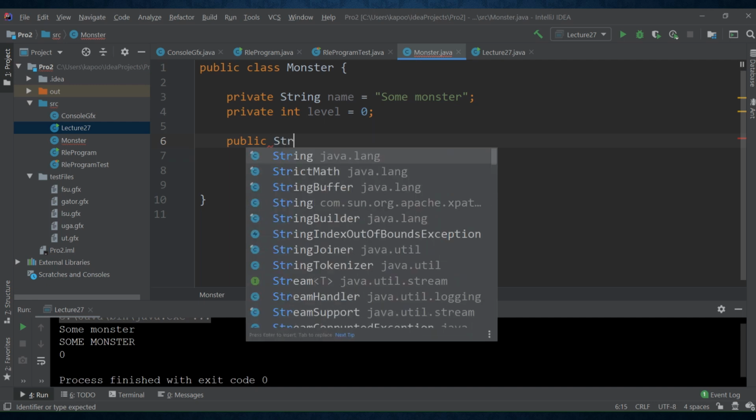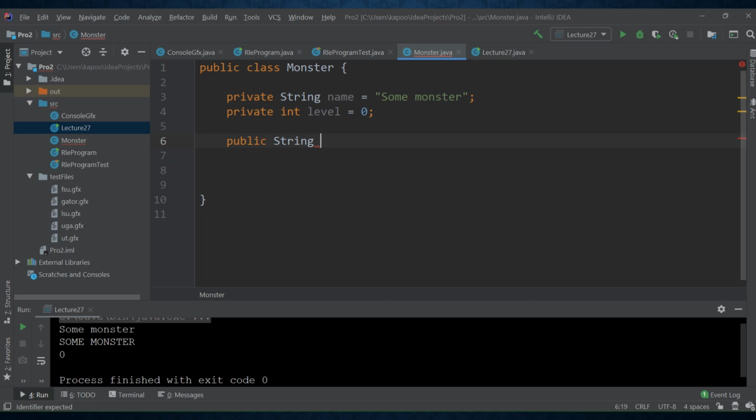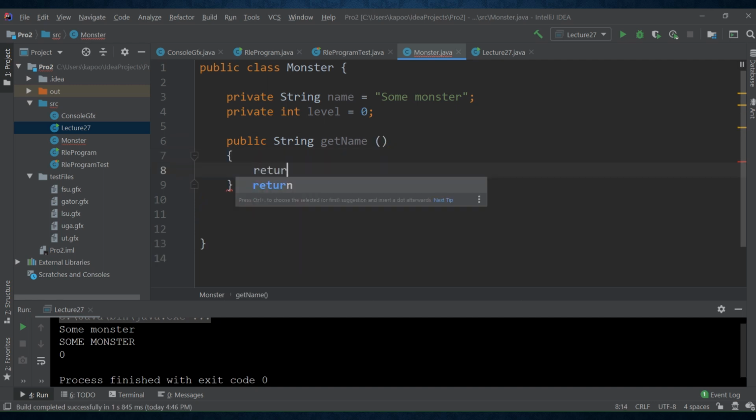So in this case, the type would be string because we are creating the getter for the name variable, followed with a method name. So in this case, it would be getName, and then I'm going to pass what value? No value actually, because since we are just getting the value,